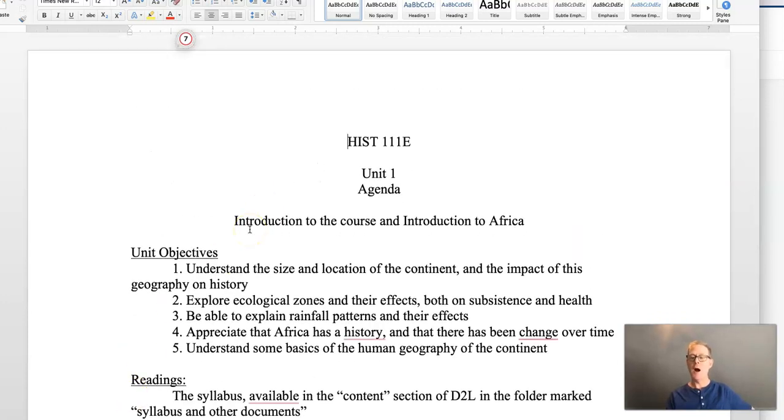Okay. Now, on D2L also, I have a discussion board labeled General Questions. If you have general questions, and that is questions not about content, but questions about how the class is going to operate and assignments and things like that, you can post them in there, because I will, of course, read them and answer them, and it might be something that your classmates want to know about also. The general rule is if one person has a question, three others are thinking of it. All right. Okay, so that's a quick overview of what the course is going to look like.